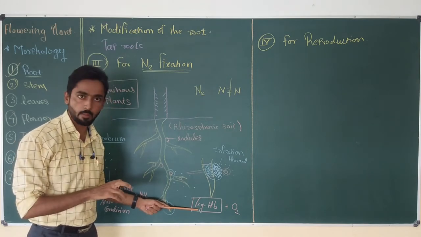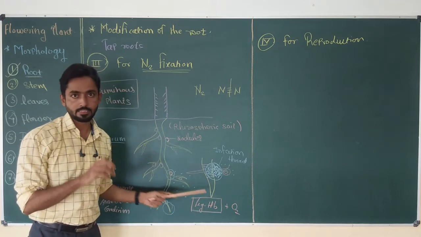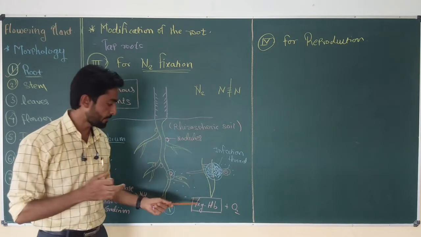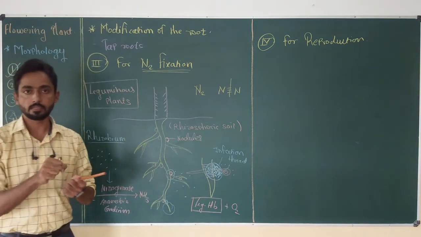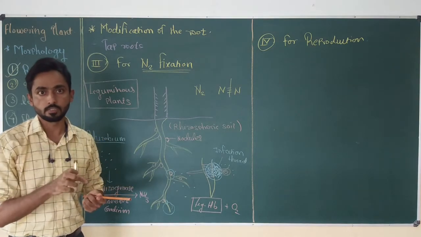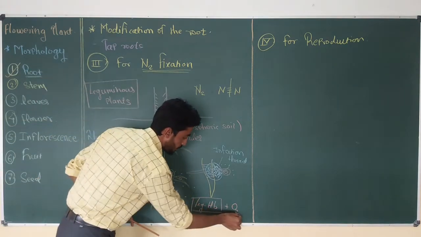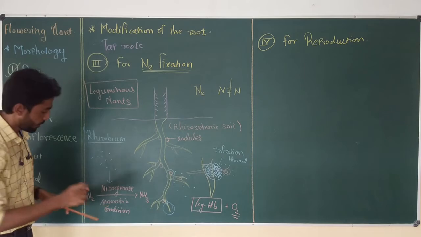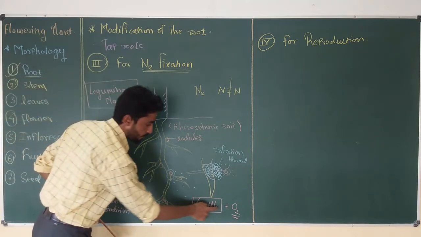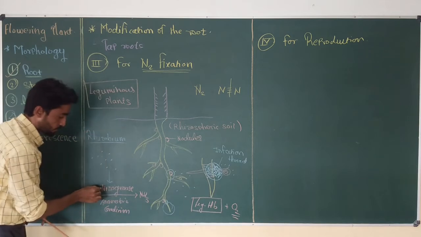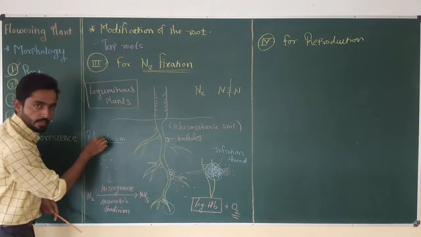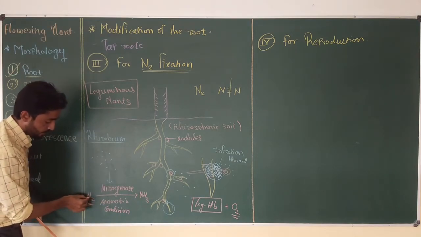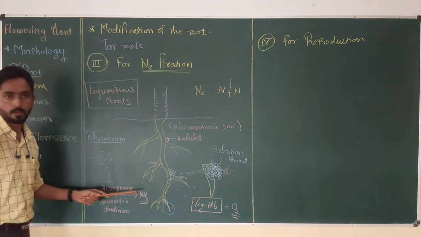This pink pigment has the ability to bind to oxygen, to chelate the oxygen, and is also called an oxygen scavenger. The molecules of leg Hb bind to O2 and make it non-functional, and due to this binding of leg Hb with the oxygen inside the nodule, the condition becomes anaerobic, which is suitable for nitrogenase activity. Once leg Hb neutralizes oxygen, nitrogenase, which is produced inside the nodule by rhizobium, gets activated, and now this nitrogenase enzyme fixes nitrogen so that nitrogen is converted into nitrates or ammonia.